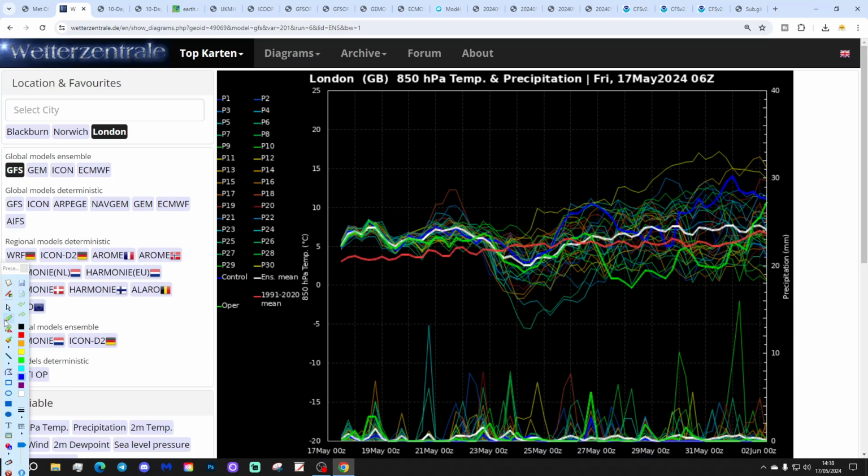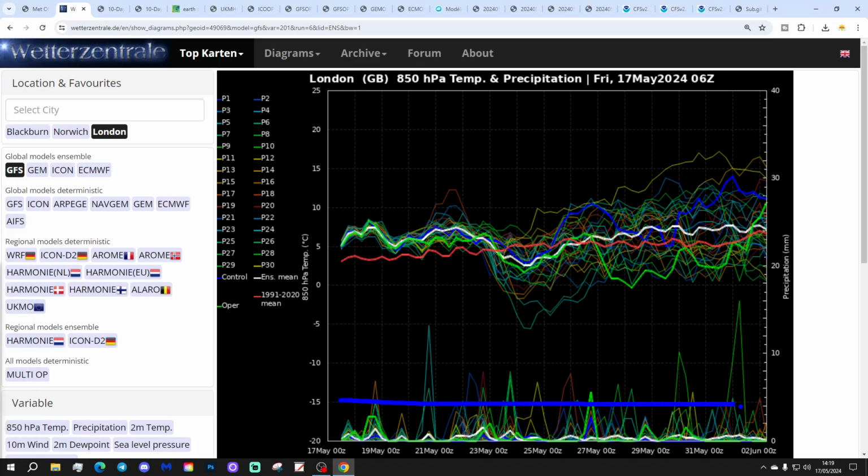Just a little bit of a cooler interlude in the next couple of weeks, I should say, is showing up here sometime around the 23rd to the 25th of May. And that takes us into the bank holiday weekend. So we might see a little bit of a cool down into the bank holiday weekend. But overall looking quite warm for the next couple of weeks.